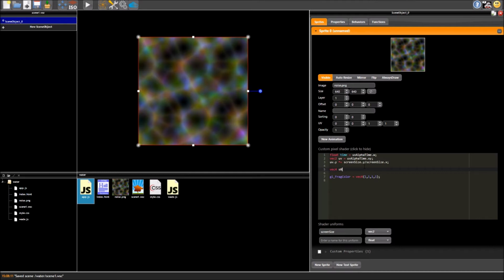So I'm just going to create a new variable, S0. This is going to stand for sample 0, so we're going to be taking multiple samples from our texture. And we need texture2D. Now, I said earlier that you have 2 default shader parameters that Wade handles automatically for you. One is UV alpha time, which we've already talked about. The other is u_diffuse_sampler. And basically, this is the texture that is on the sprite.